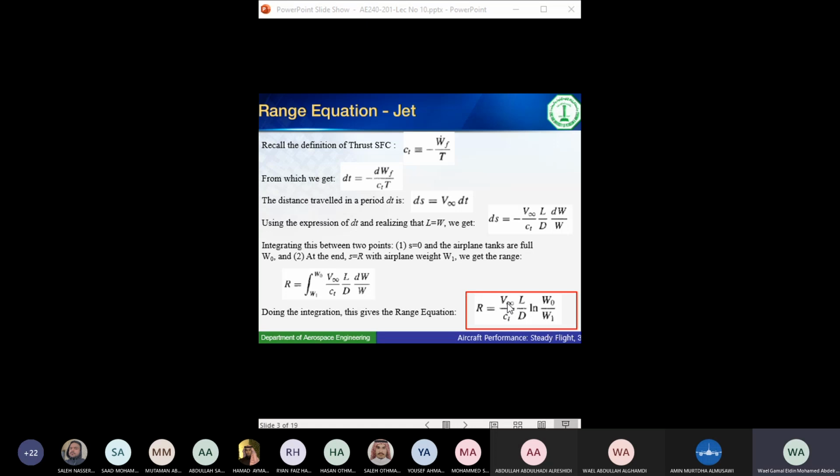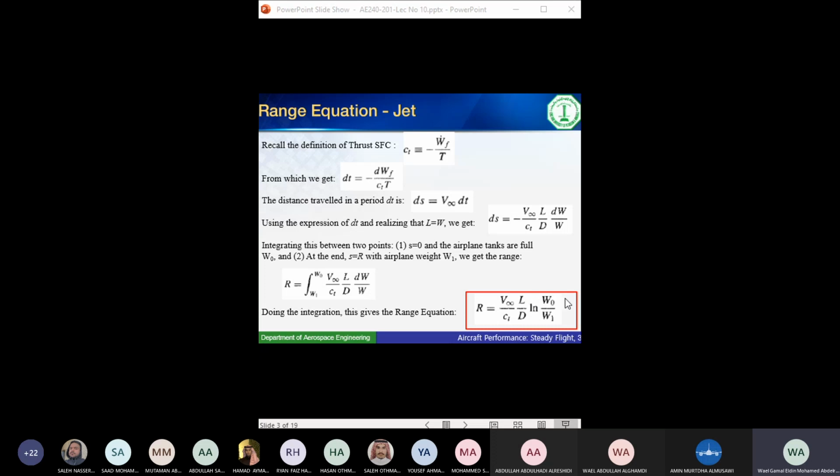Okay, that's one thing. The other thing, decrease the drag. Well, drag does not appear here by itself. Drag is in the ratio. Decreasing drag by itself will not help if L goes down as well. So again, the objective is to increase L over D. Another thing that you wrote,